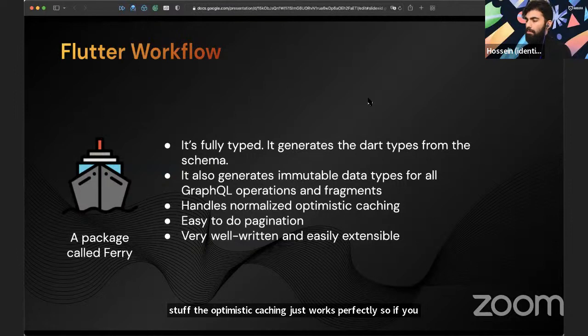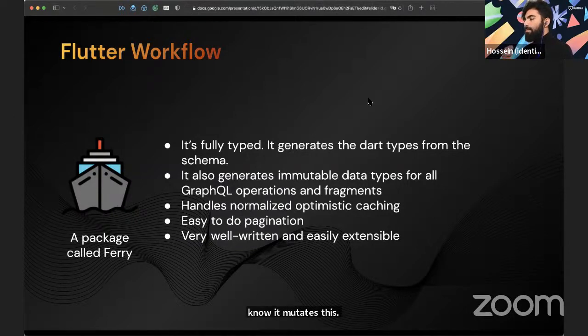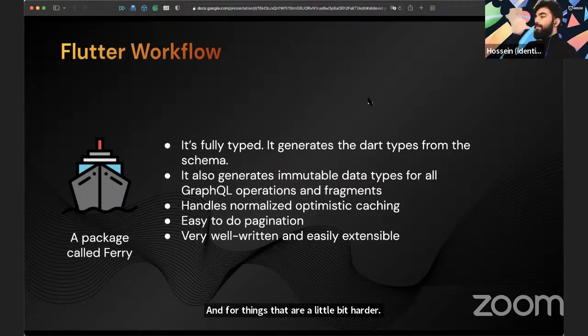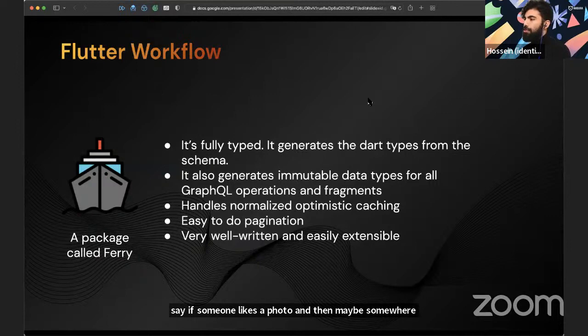If you have a normal mutation, say I mutate this text from A to B, just by providing that optimistically, we expect everything to work. The result is going to come: this is the type name, this is the ID, and this is B. It's going to immediately update the cache. And for things that are a little bit harder to do, say if someone likes a photo and somewhere else the total number of likes is going to change, and we don't necessarily want to return that through the mutation result, we could still write our own cache handlers.